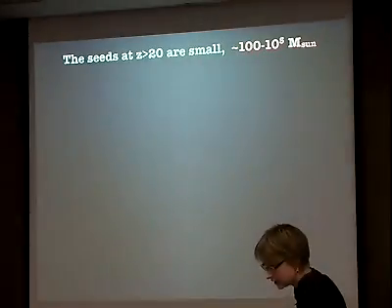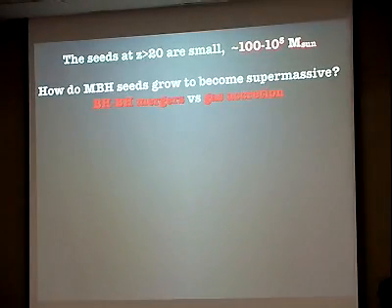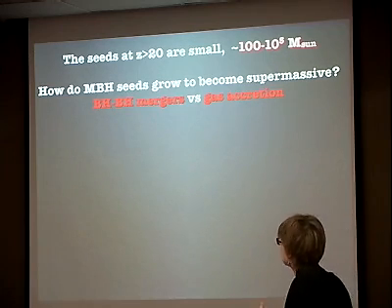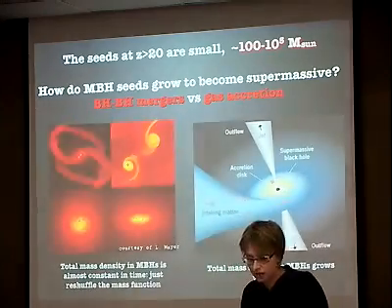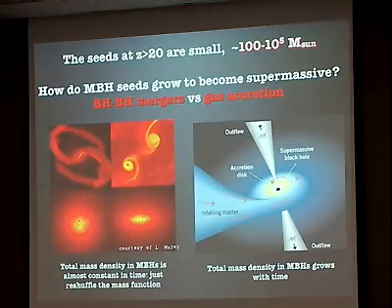What do I have to study for this? Well, at minimum, you have to understand, or you have to include somehow, the processes that make black holes bigger from a few hundred or a few thousand solar masses. So, of course, black hole mergers and gas accretion. So, black hole mergers are